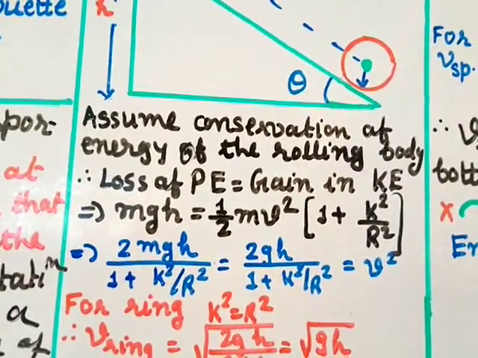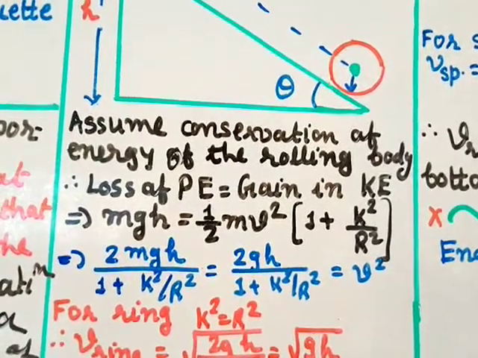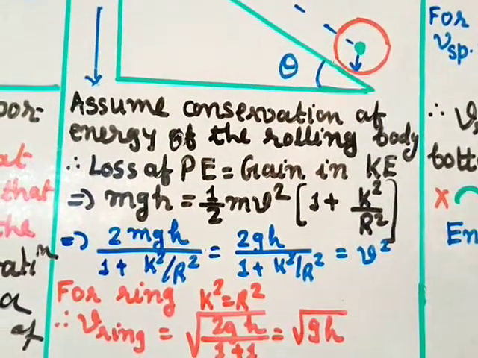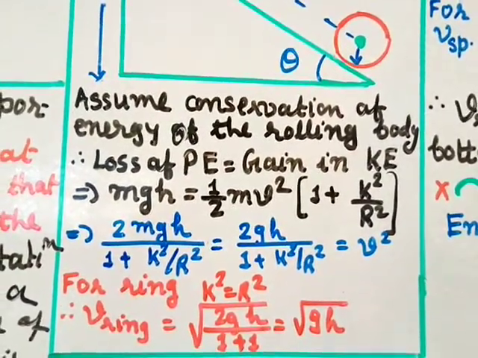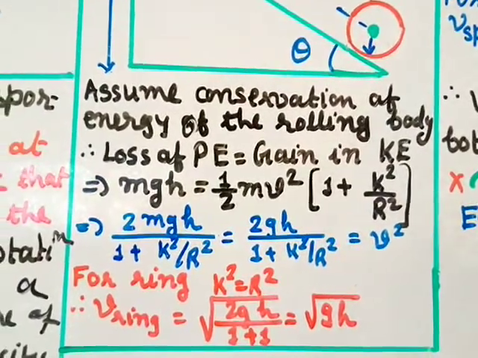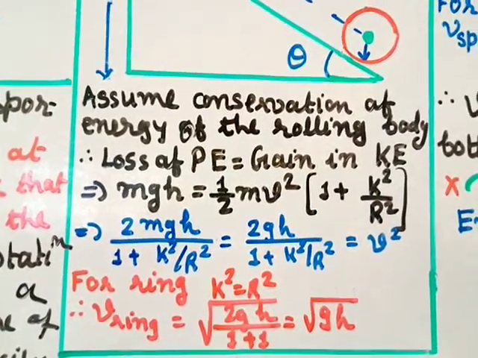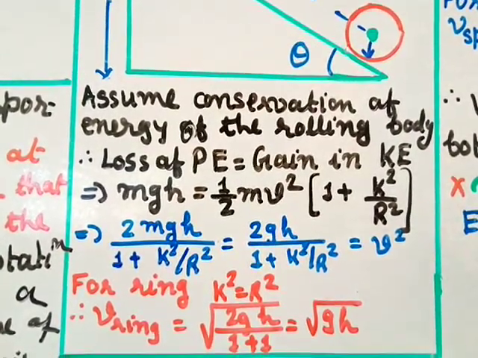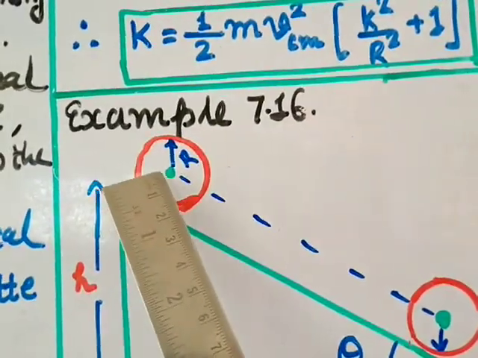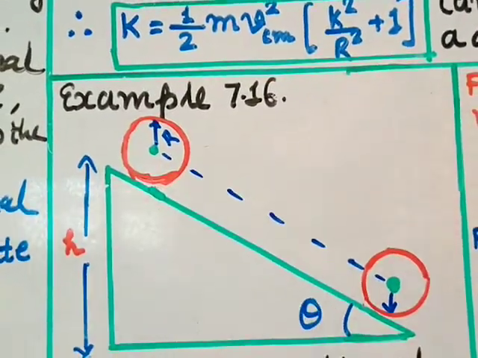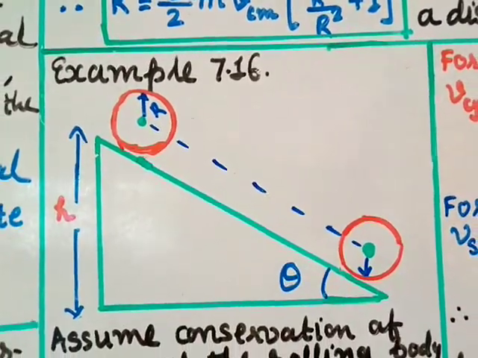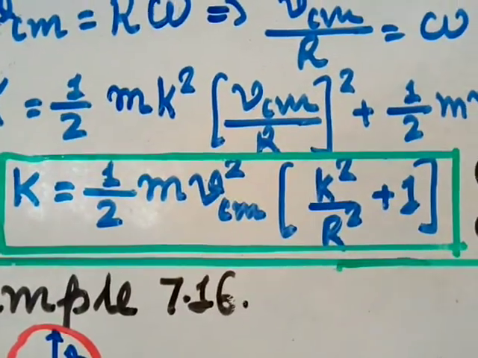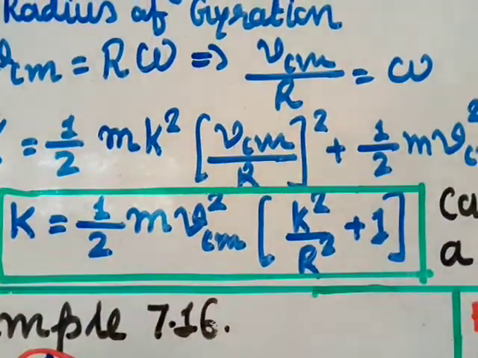Now for a rotational body, here we are taking the rolling motion, right? For the rolling motion, the kinetic energy is of two types. The kinetic energy will be the combination of the translational motion plus the rotational motion. So the kinetic energy is double, a sum or combination of the translational motion and the rotational motion. This point is in translational motion and other points will be in rolling motion. That formula we have derived in the previous class. It is K equal to 1 by 2 m vcm square (k square by r square plus 1). Vcm is the velocity of the center of mass.